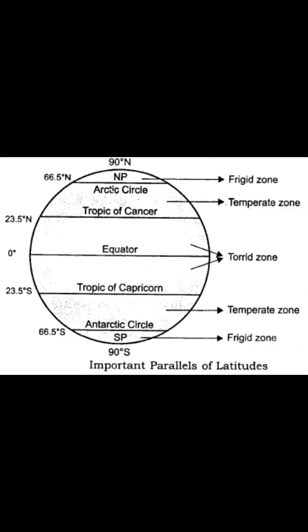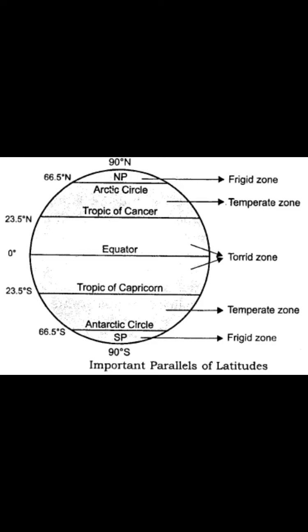The horizontal lines that run parallel to the equator are called latitudes. Parallel means at the same equidistance, equal distance from the equator at every point. Like when we draw the sign of equals to, those two lines which we draw in that equals to sign, both are parallel. They are also known as parallels. So we can also say latitudes are parallels.